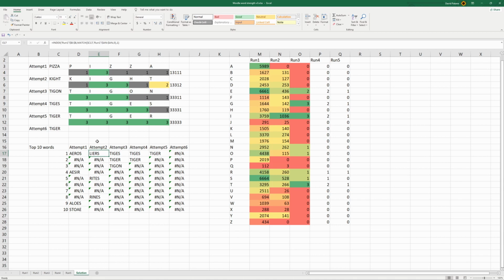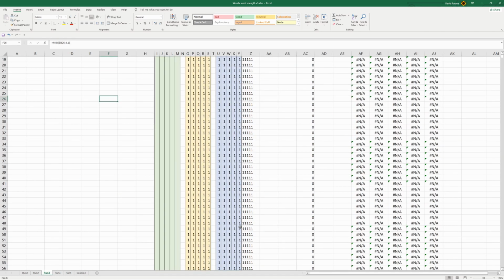And if we go to our solution over here, oh, we're still on... When I froze and unfroze, we mustn't have gotten... Oh, I gotcha. So instead of picking night, when I did this attempt, I should have picked liars, but we didn't. So this is attempt number 3. We got these ones over here, which makes sense. We should pick Tigers, Tiger, or Tygon. And then when we do our run number 3, we will